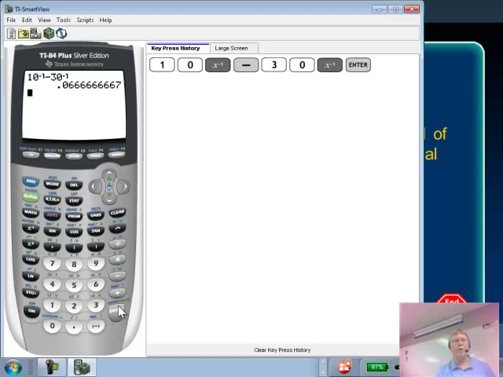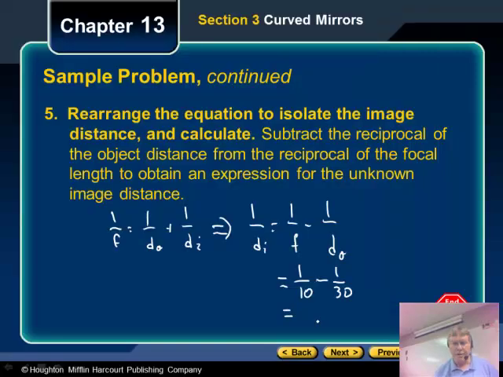However, that's equal to 1 over the image distance. So we need the reciprocal of that. So we just push our x to the minus 1 key, and we get our answer of 15 centimeters. So again, you may want to pause and take a look at these keys and practice that on your own calculator. But that's how you get the answer for these problems. And you can see using that x to the minus 1 key makes it really easy. It's pretty painless. So we get 15